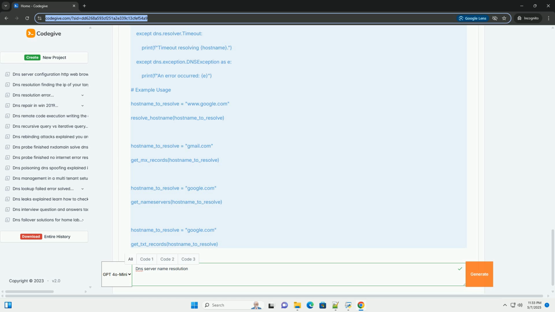V. Troubleshooting DNS issues. DNS problems can manifest in various ways: websites not loading, email delivery failures, etc. Here are some common causes and troubleshooting steps. 1. Incorrect DNS server configuration. Problem: your computer or router is configured to use an invalid or unreachable DNS server. Solution: